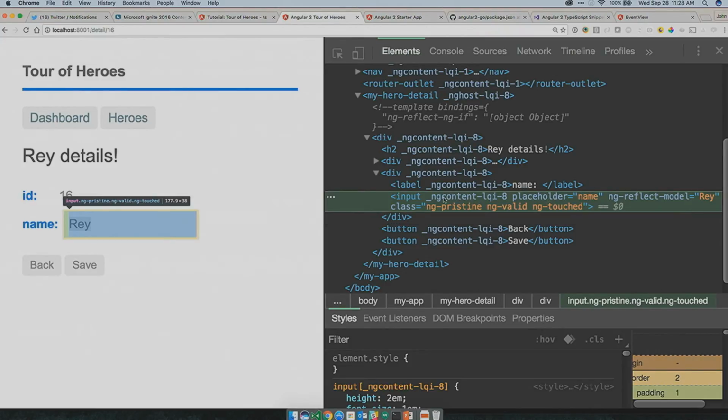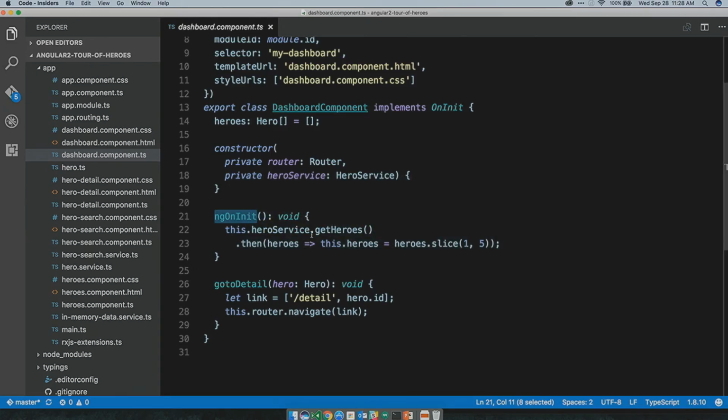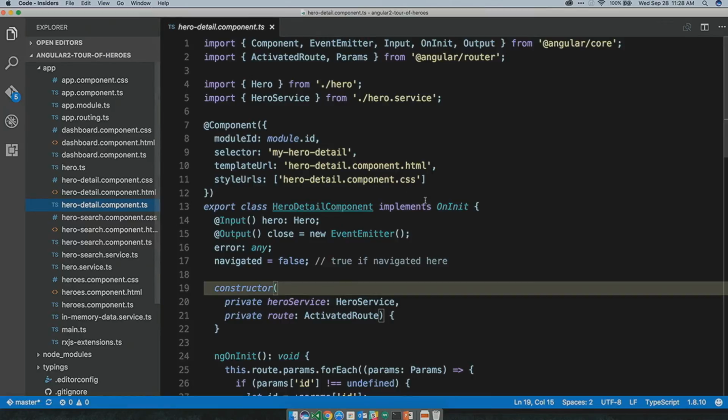It also has this ngContent thing. This is the styling. Remember I mentioned there's scoped styling with Angular components? Every time we have component CSS, it scopes that CSS for the component automatically for us so it doesn't bleed out into the rest of the app, so I don't get red and blue and green all over the place.